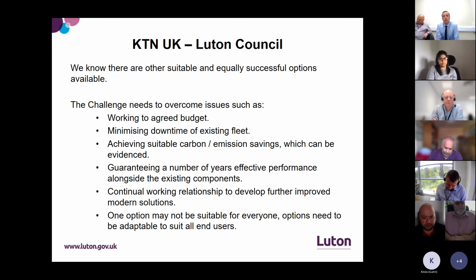So we need to continue working relationship to develop further improved modern solutions. As I mentioned before, we don't just want to wash our hands of this supplier or this challenge provider on the back of this. It's something we want to continue working with, and we want to be able to work together to adapt